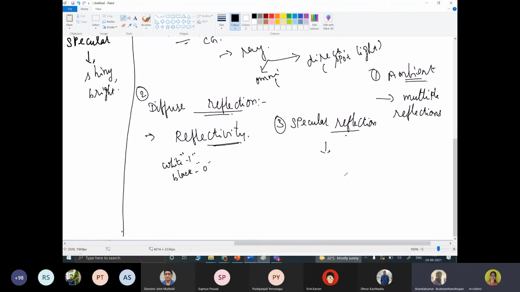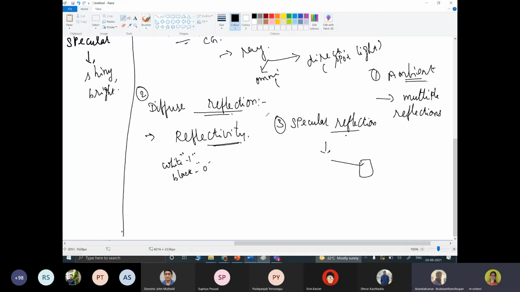In this case, the light comes in and strikes the surface of the object and bounces right back off.